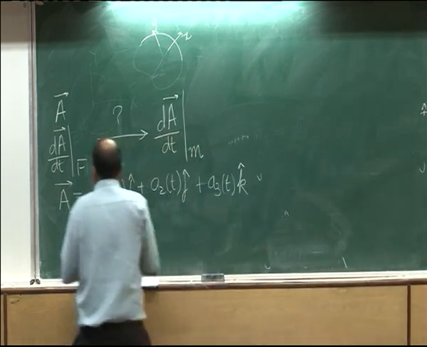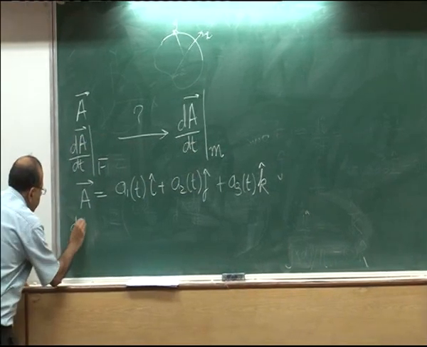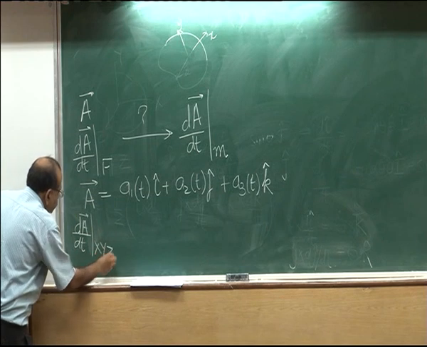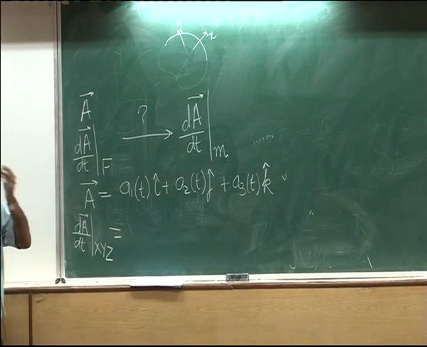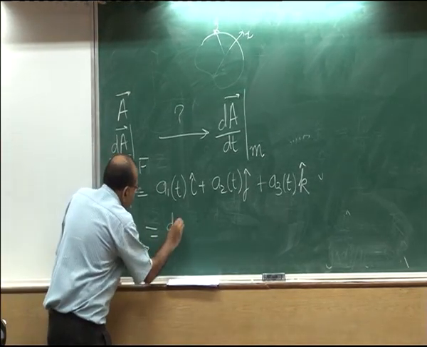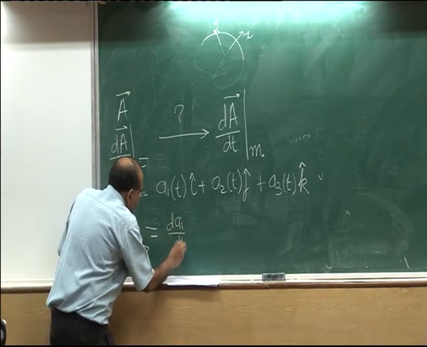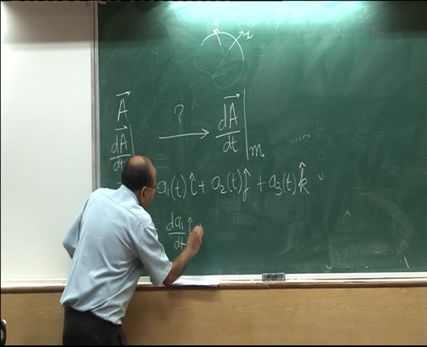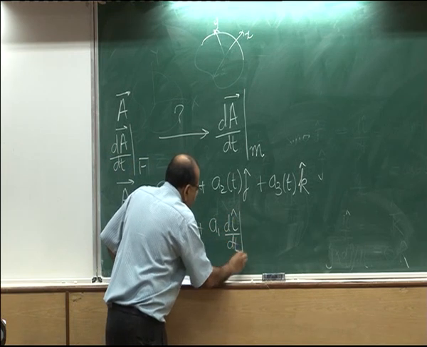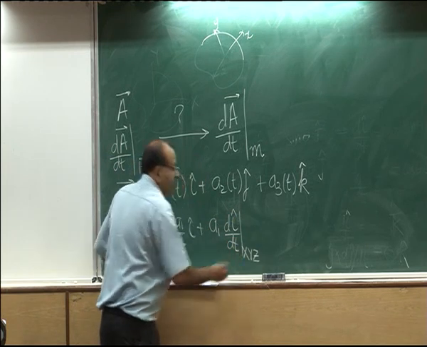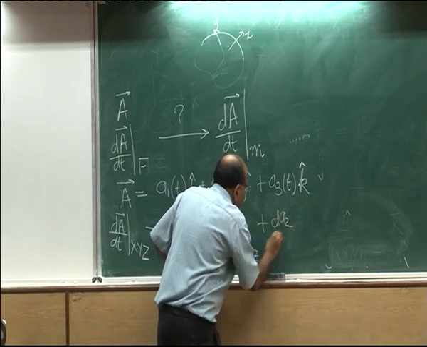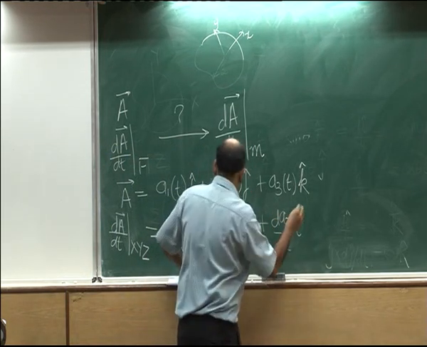So therefore now when I say dA by dt as seen from capital XYZ, this will be equal to dA1 by dt I plus A1 times di by dt plus I will get dA2 by dt I